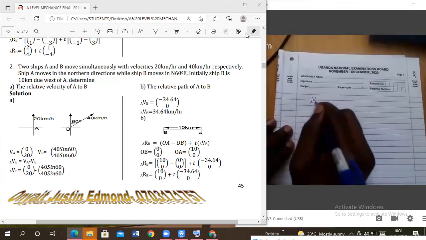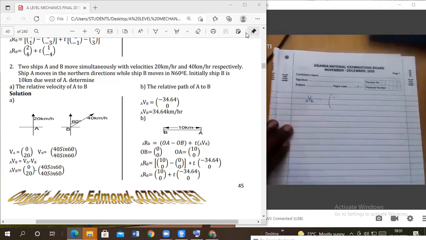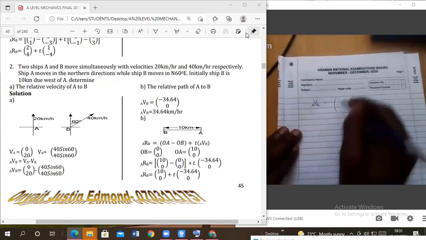So VAB was supposed to be negative 34 point